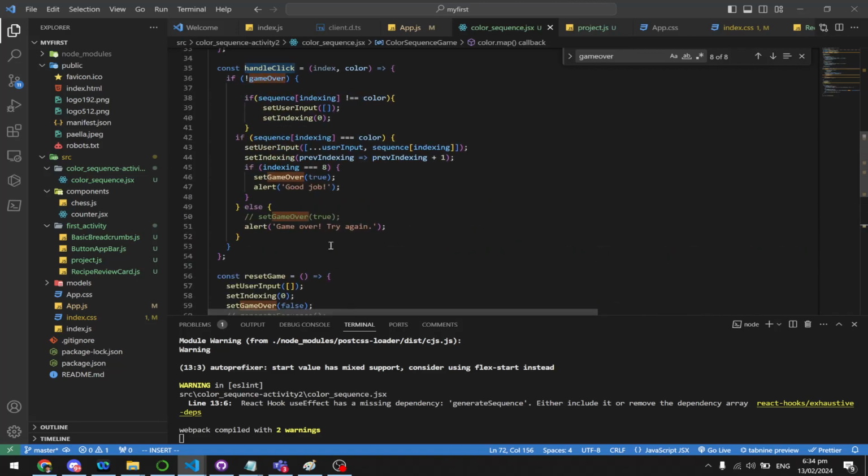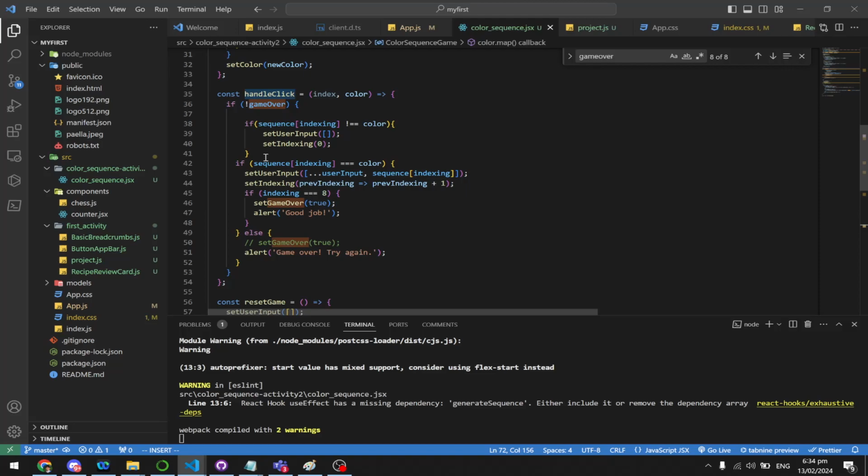Basically, what will happen here is I will check if the correct sequence of color, which is this one, this is the index color that I click in my buttons, comparing that one to the actual color, which is this one. If that one is correct, then we will set the user output to the previous one, including the new color that has been added. And if not, then this is the color that